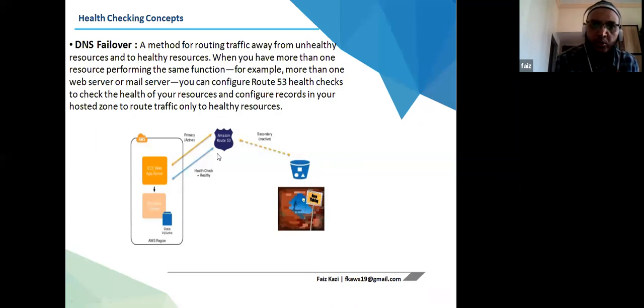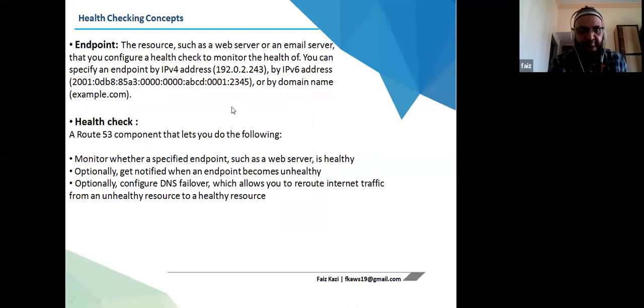So you can use those routing policies also, and we have health checks for each DNS. When you talk about DNS, you'll always have health checks over there. If you talk about load balancers also, application load balancers always work on health checks. It's an endpoint, and what is the health check over here?